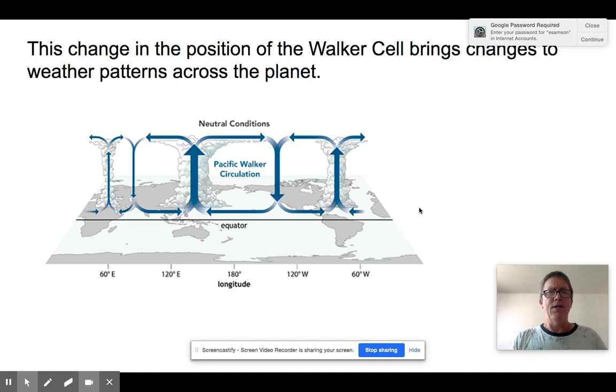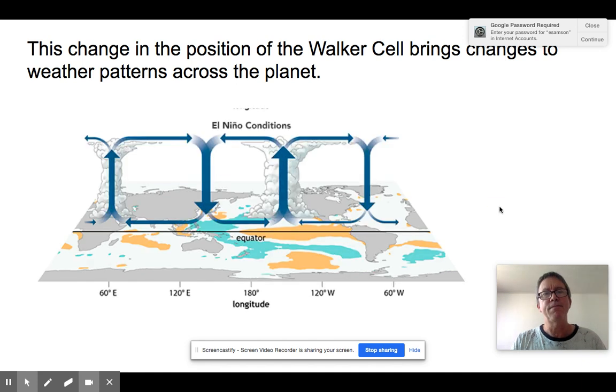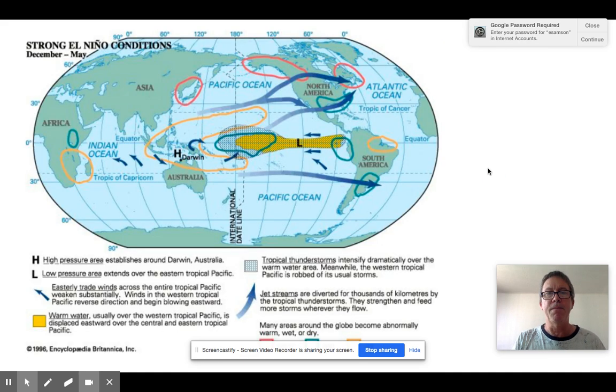So here's just another graphic to try to show you. Normally we have the warm water. Here's the warm pool under normal conditions. Here's Tahiti out about here. So we get this Walker circulation pattern. But in El Nino conditions, now this moves out to where Tahiti is. And now I have winds at the surface of the Pacific blowing in the opposite direction that the trade winds normally would. So a weakening or even reversal of the trade winds as a result of the change in the position of this Walker cell.